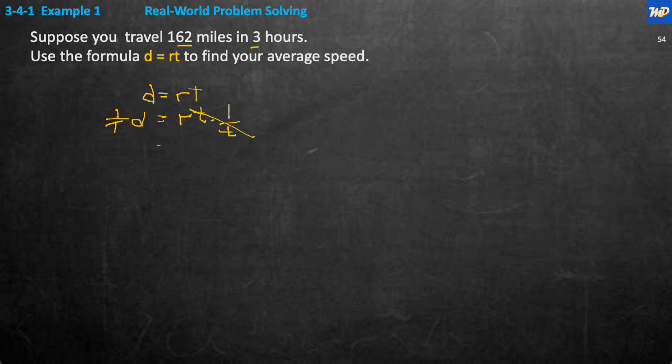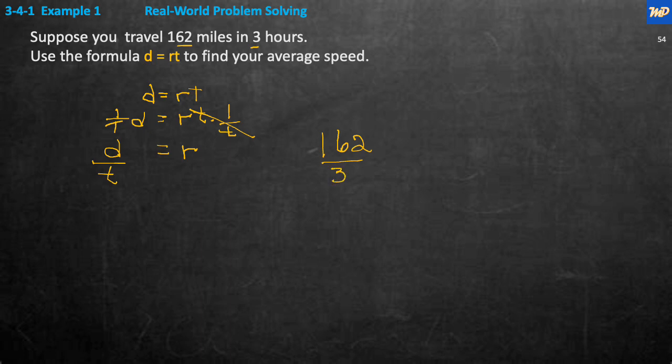So we're left with, on the right-hand side, R, and on the left-hand side, we have D times 1 over T, or just D over T. So the rate is equal to the distance divided by the time. So now that we've got that, we know what the distance is, we can say, oh, distance, 162 miles, divided by time, 3 hours,